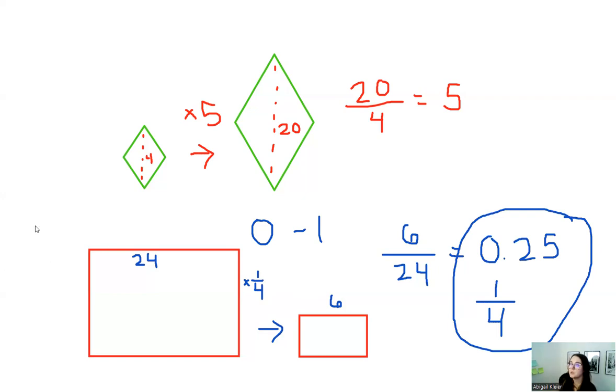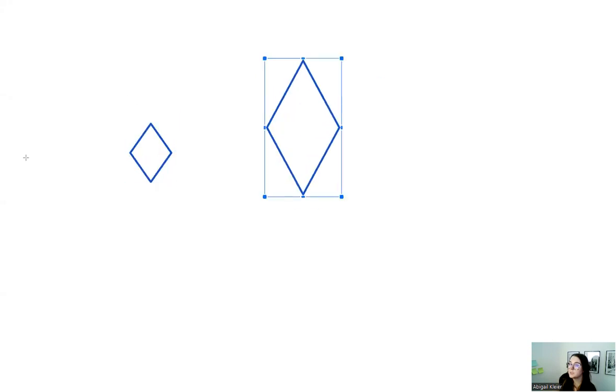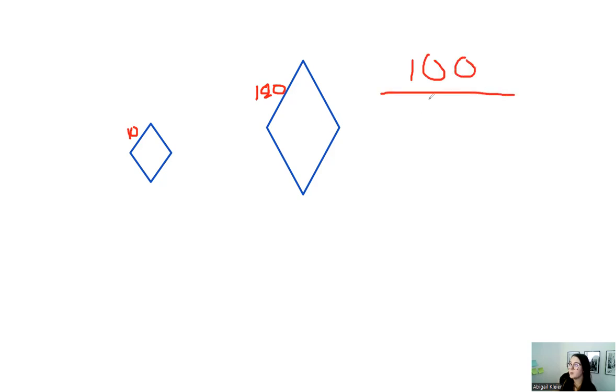And I'll do 2 more. Let's say we have 2 diamonds. My measurement for diamond 1 is 10. For diamond 2, it's 100. Using my same formula, second image, 100, divided by first image, 10. 100 divided by 10 is 10. So I know that my first diamond was multiplied by 10 in order to give me the dimensions for my second diamond. And one more example,